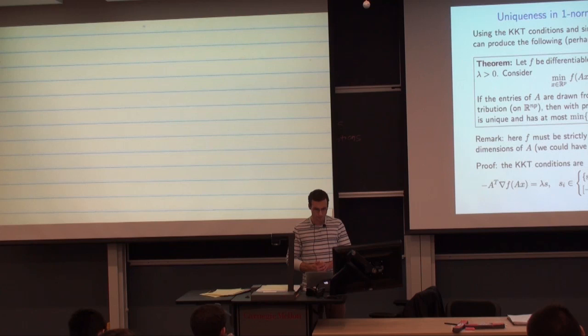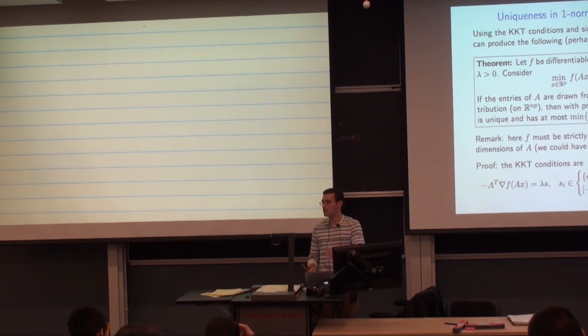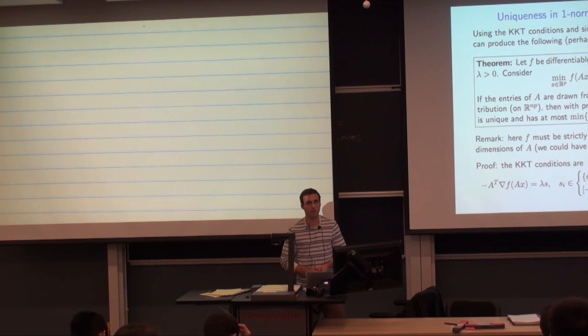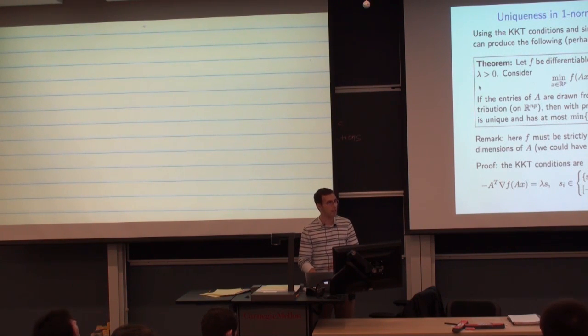I'm just going to go ahead and say it. If f is differentiable and strictly convex, so take any loss function you want as long as it satisfies those two criteria, A is a design matrix, so again we measure our variables on the columns and our observations on the rows, and lambda is any positive tuning parameter. Then if we look at this problem, minimize f of Ax plus lambda times the L1 norm of x,